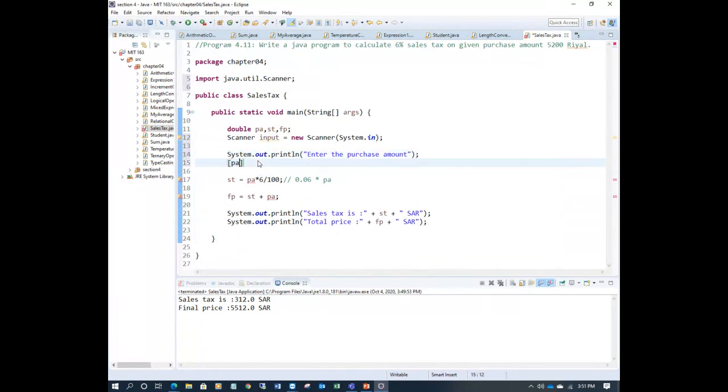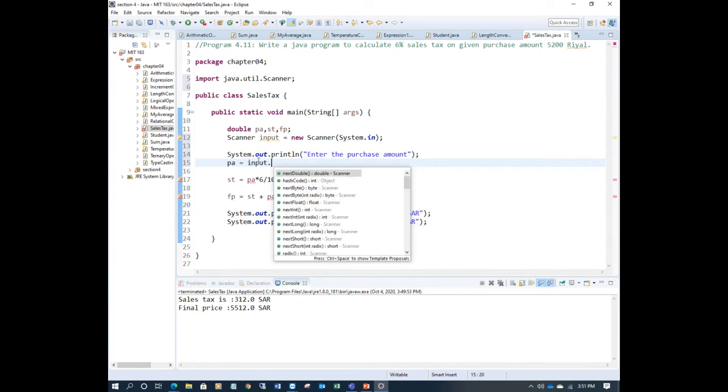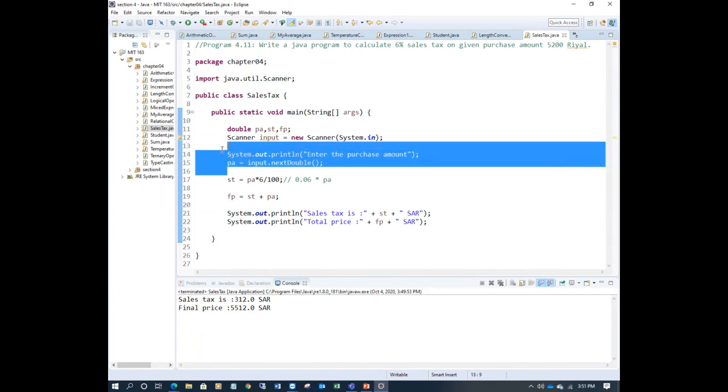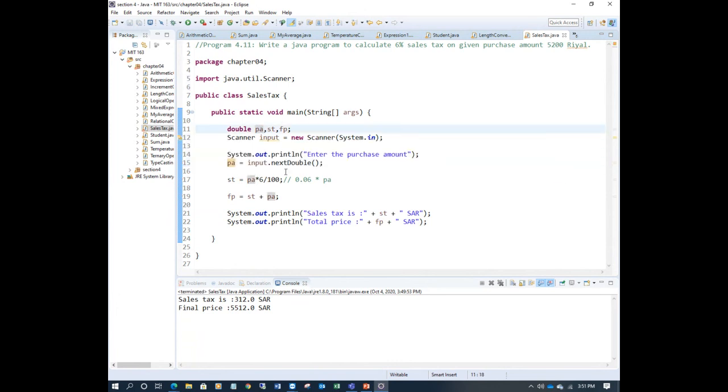So here purchase amount PA equal to input.nextDouble. Okay, that's the program. These two lines have to be included. Now this is the calculation of sales tax. Add the sales tax to the purchase amount, and you'll get the final price or total price. Okay, so that's your program here.